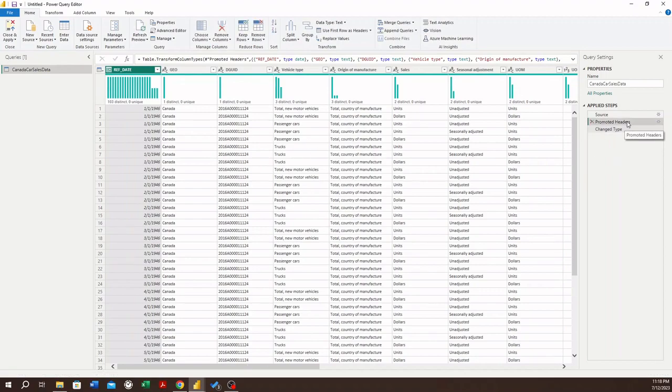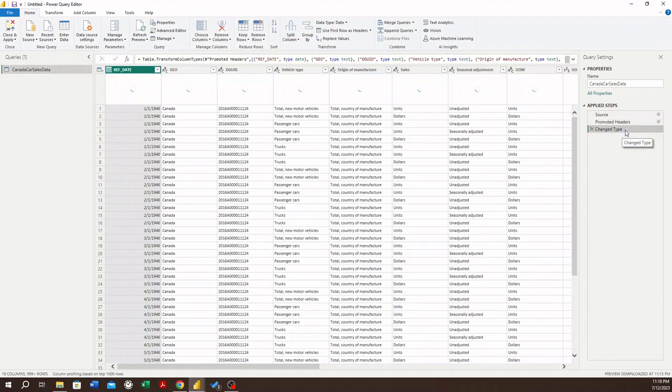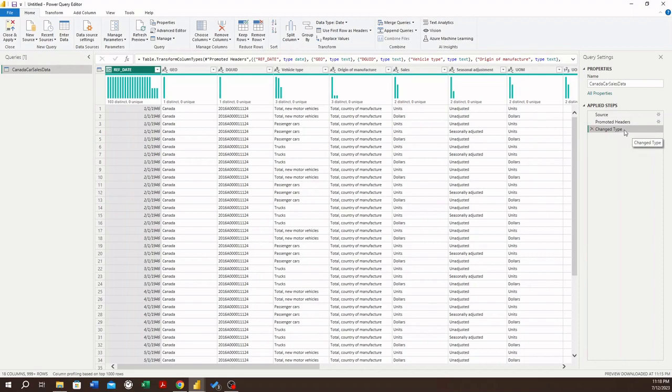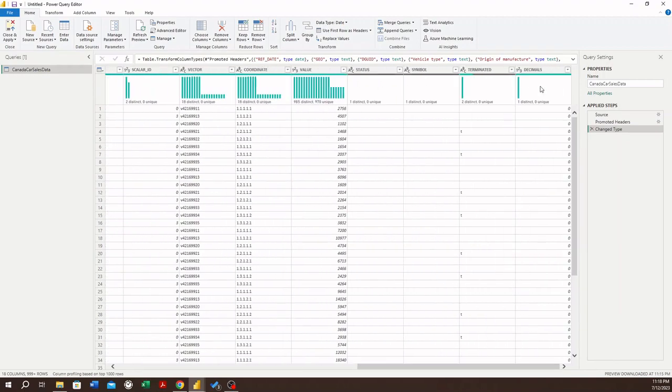As you can see here, the ref date initially was showing up as text, and in this changed type step, Power Query Editor changed the data types automatically, detecting the data in the columns. You can see decimals changed to number, value changed to number. So all these are